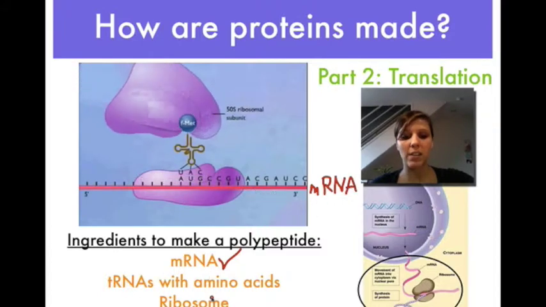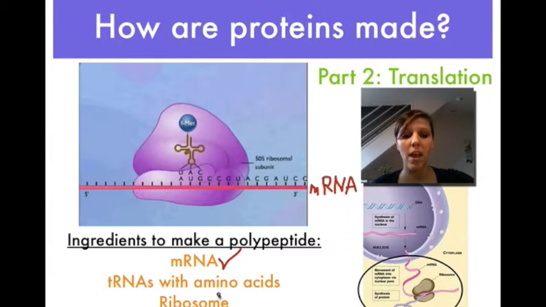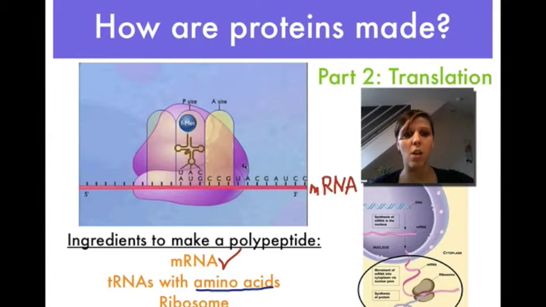tRNA with amino acids. The tRNA is the T-looking molecule, and the amino acids are the blue circles that are held by the tRNA molecules at first. All right, and then the ribosome is this big purple molecule. It's actually pretty small compared to the rest of the cell, but that ribosome is where the protein is going to be assembled. So you can see on the mRNA, you have